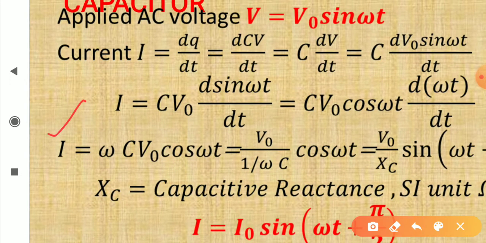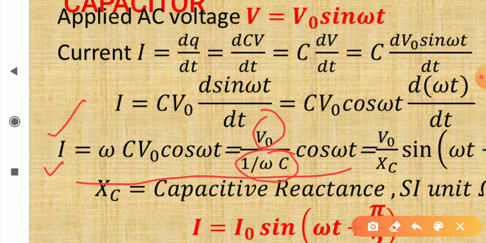The current I is written this way. If you look at dimensions, the left side is current and the right side you have voltage. Then this 1 upon omega C must behave like a resistance. This 1 upon omega C is called capacitive reactance, and its SI unit is ohm. So I can write it as V naught upon Xc, and now cos omega t is